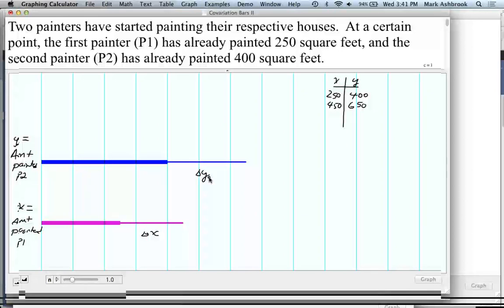Kyle says no. Why are you saying not? Because there's a change of 250 for painter 2, and for painter 1, there's a change of just 200. Okay, other reactions to this? Carter, Murray, that's exactly what she said. Right now we don't need more info. She's going up 200. Okay.